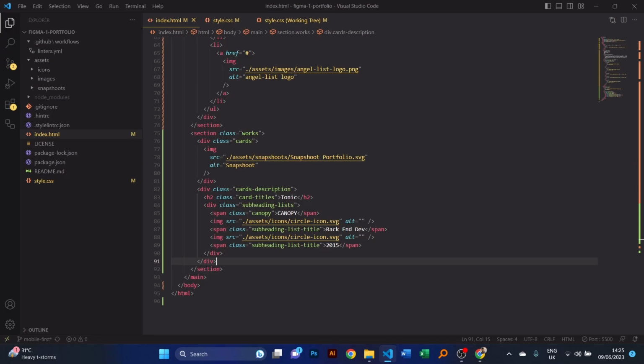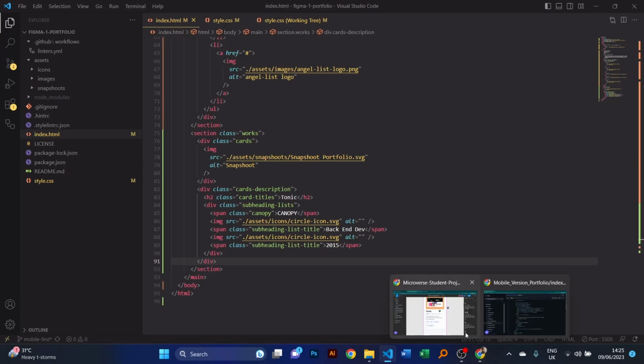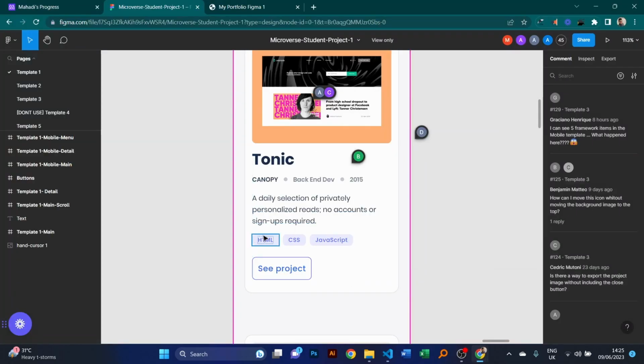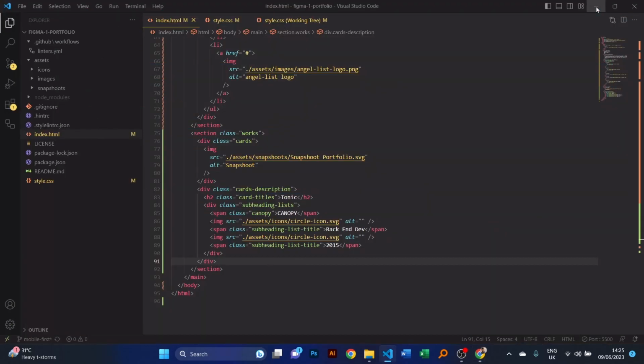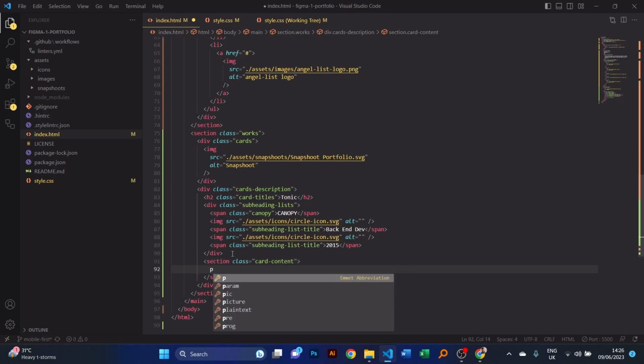Without a section, we need to divide them into two pieces. You can do it without the sections, but I would prefer to work with the section. Okay, in the div, start from here, section dot card content. Okay, card content should be P,